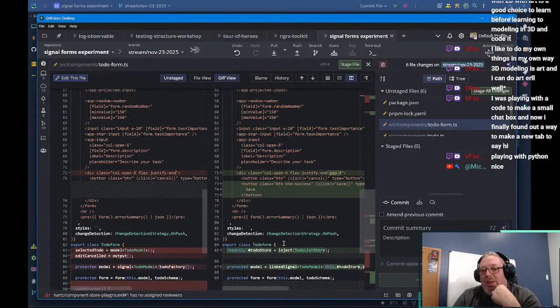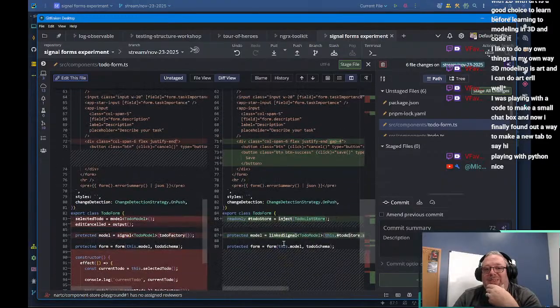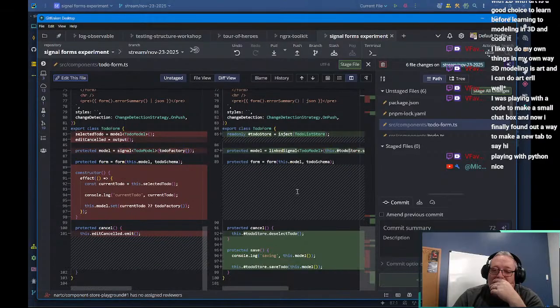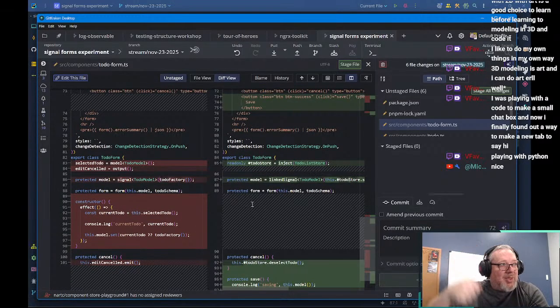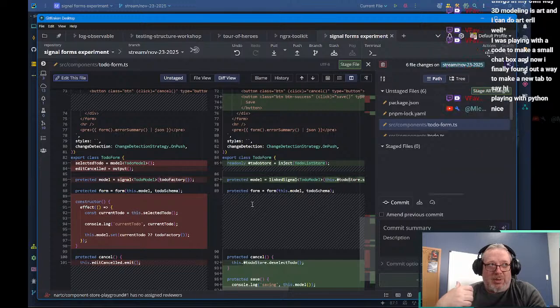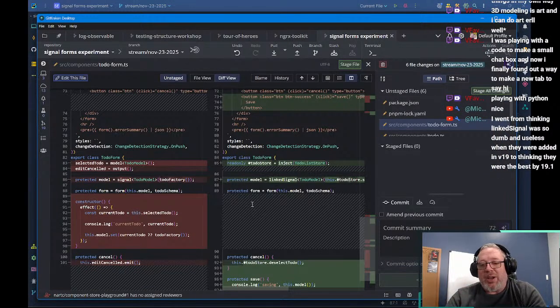And the reality is this form is going to be tied to this list anyway. And this is a weakness in my modern Angular code, because in my current job, I spend a lot more time doing architecture type stuff. So the amount of code I write has gone down dramatically. So I don't have this instinct that linked signal is better than this.